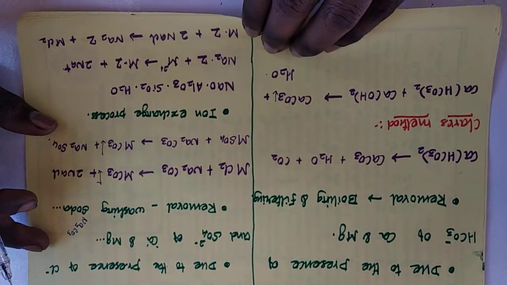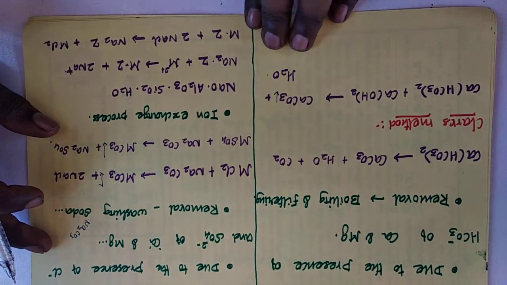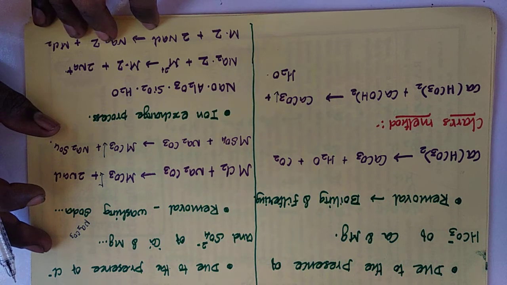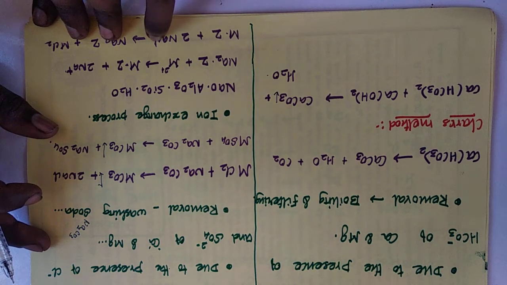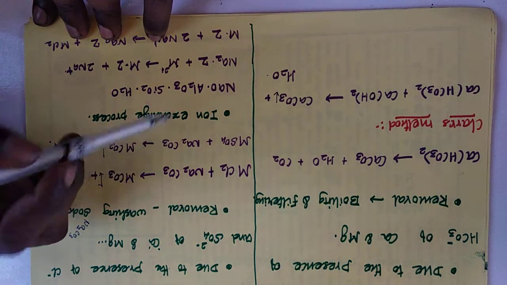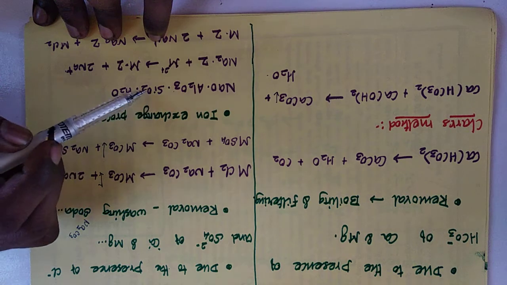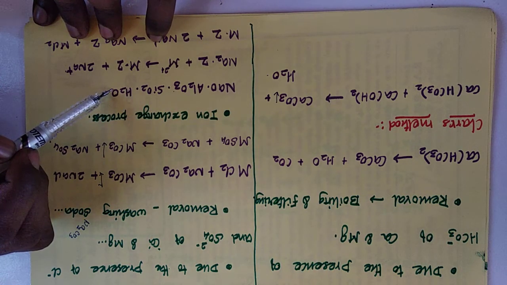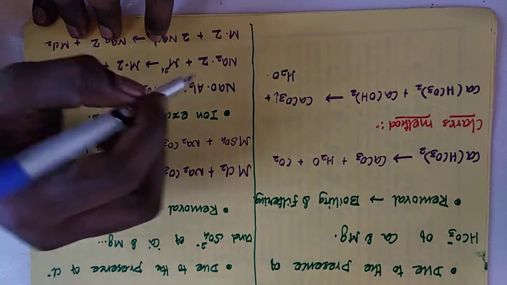ஓகேவா? Then another method is the ion exchange process. ion exchange process அப்படின்னா இதுக்கு மேக்ஸிமம் ஜியோலைட் அப்படிங்கிற ஒரு சிந்தட்டிக் கிளே வந்து யூஸ் பண்ணுறாங்கம்மா. சரியா? அதனுடைய ஃபார்முலா பார்த்தீங்கன்னா Na2O Al2O3 SiO2 H2O. சரியா? இதை ஷார்ட்டாக நம்ம வந்து